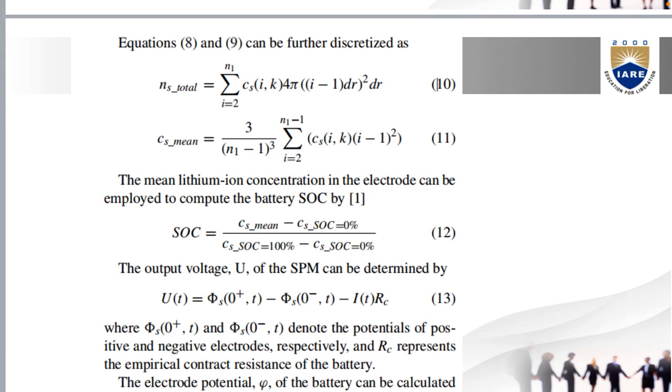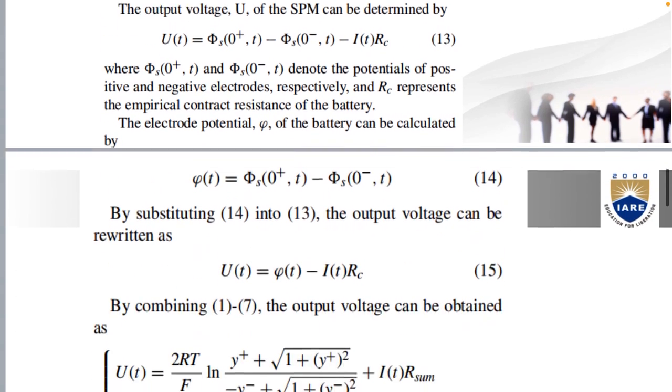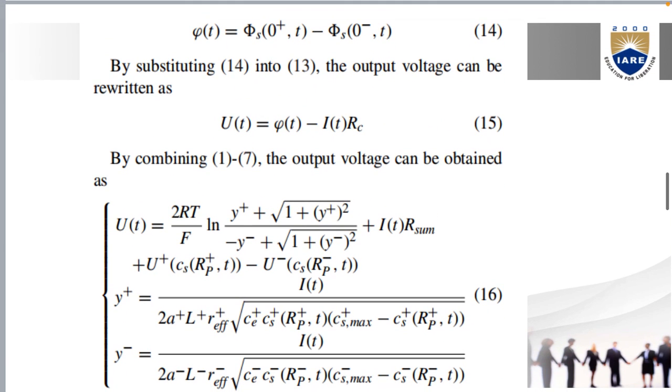The output voltage, U, of the SPM can be determined by the following equation, where phi(0+, t) and phi(0-, t) denote the potentials of the positive and the negative electrode respectively, and Rc represents the internal contact resistance of the battery. The electrode potential difference of the battery can be calculated by the following equation. By substituting 14 into 13, the output voltage can be rewritten as U(t) = phi(t) - I(t)Rc. By combining 1 and 7, the output voltage can be obtained as the following,